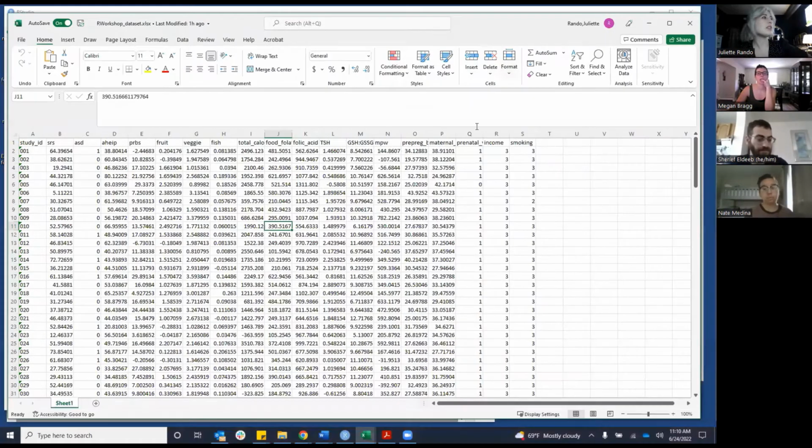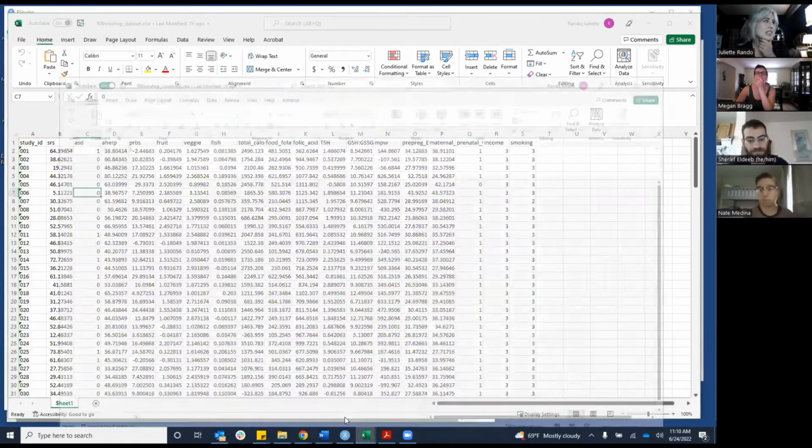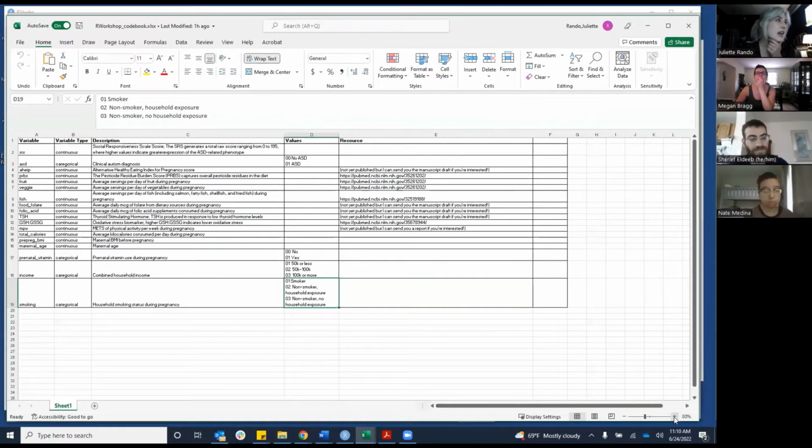Was everyone able to download the files I sent a few hours ago? Let me just share it. Okay, can you see this? Yes. So yeah, it's just a set of variables, and I'm going to show you the code book because that's easier to understand what's going on. But